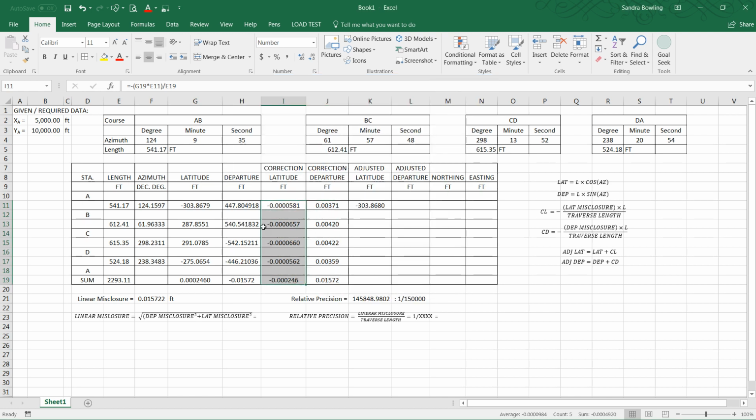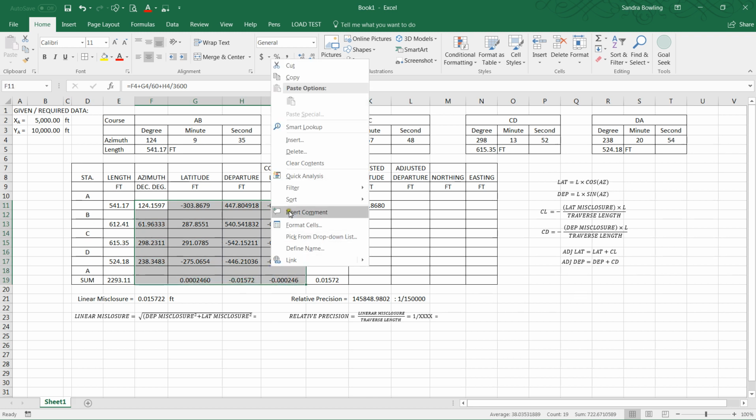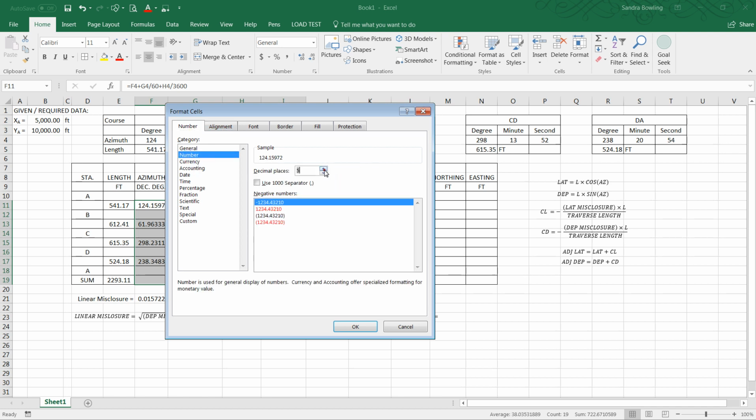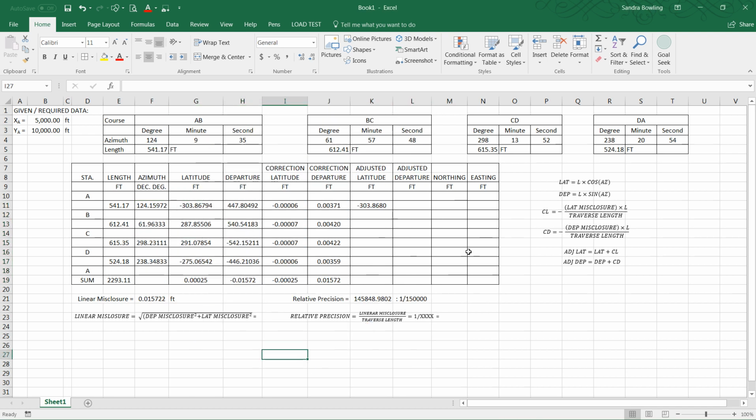I can do it on all of these cells if I wanted. Highlight all of them, right click, format cells, number, and do 5 if I wanted, just for